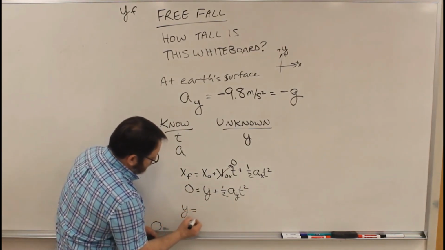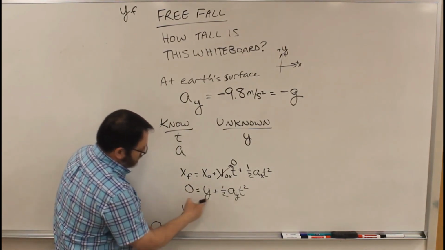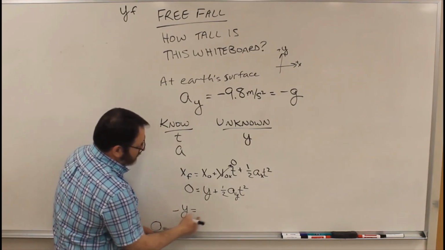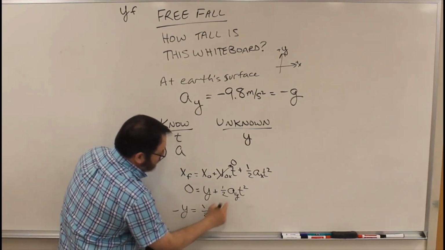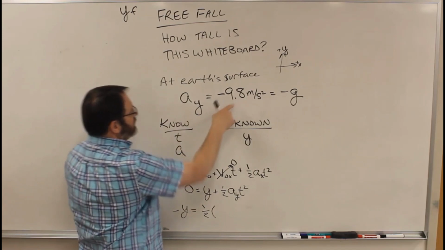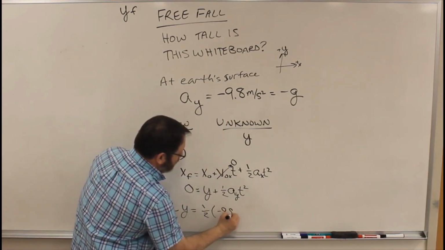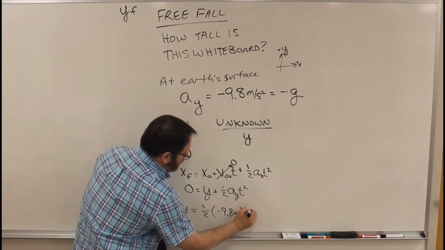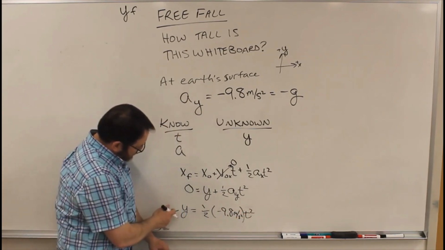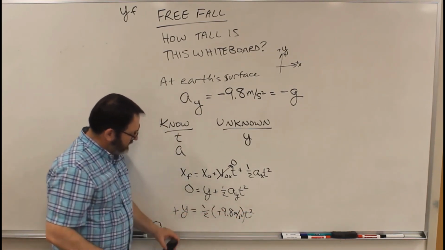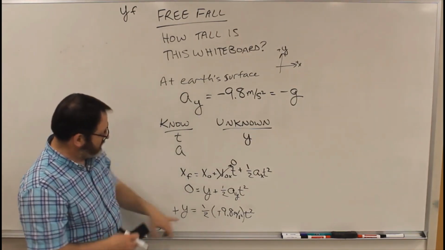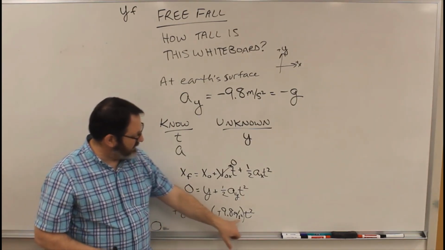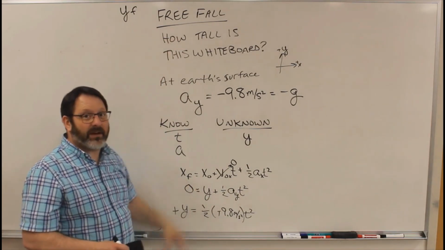Y is, if I bring it over here, it'll be minus. Minus y equals 1/2 acceleration in the y direction, minus 9.8 meters per second squared, times t squared. So the minus here can cancel the minus there. So the height of this thing should be 1/2 times 9.8 times however much time that was that the ball